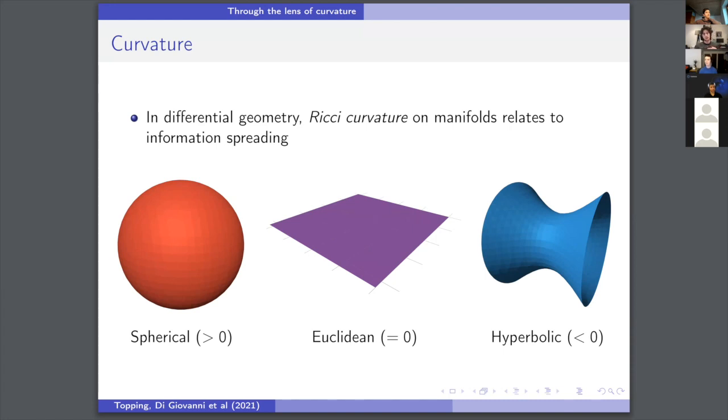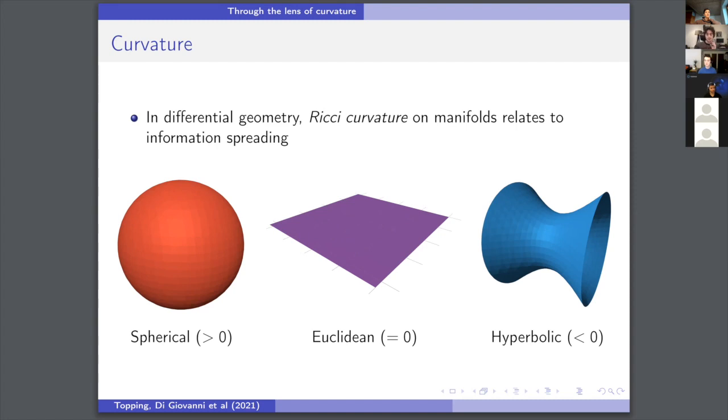So more concretely, you can think of picking two nearby points with some, say, parallel initial velocity, and then you want to move along this parallel initial velocity along geodesics, which are just minimal paths in the manifold. Now, what happens is that on a positively curved space, like a sphere, these geodesics will converge, so we get closer to each other. On a Euclidean space or zero curvature, they will stay parallel. And finally, on negatively curved space, like hyperbolic space, they will diverge from each other.